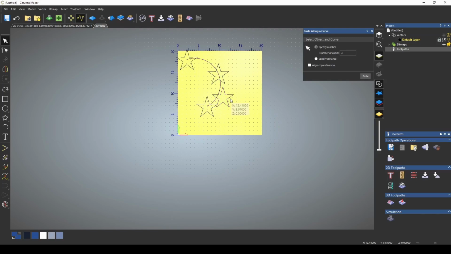Again, whichever one you press first will copy to the other one. So if I press the curve first and the star second and press paste, it will copy the curve. So whichever one you press first will have priority, and whichever one is secondary will be the target. You also can align those to the curve, and it will try aligning the copies to all the different points in your curve.